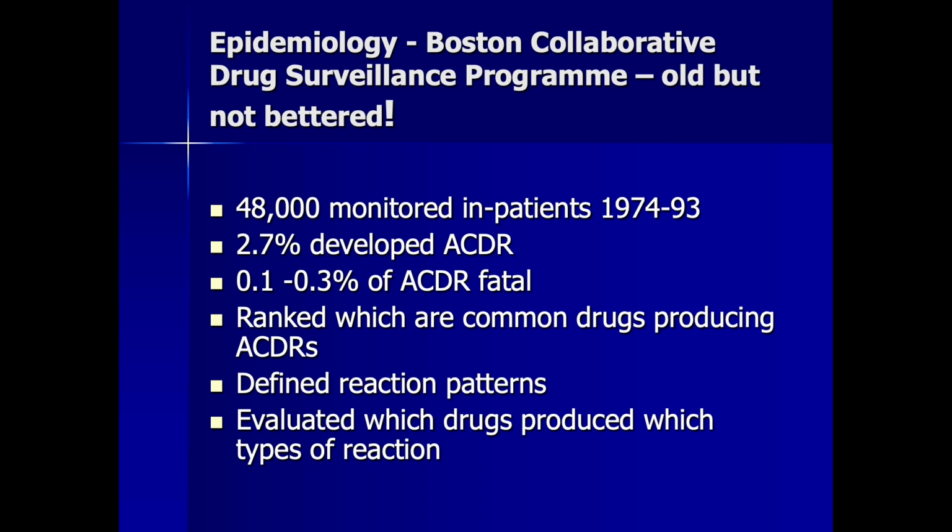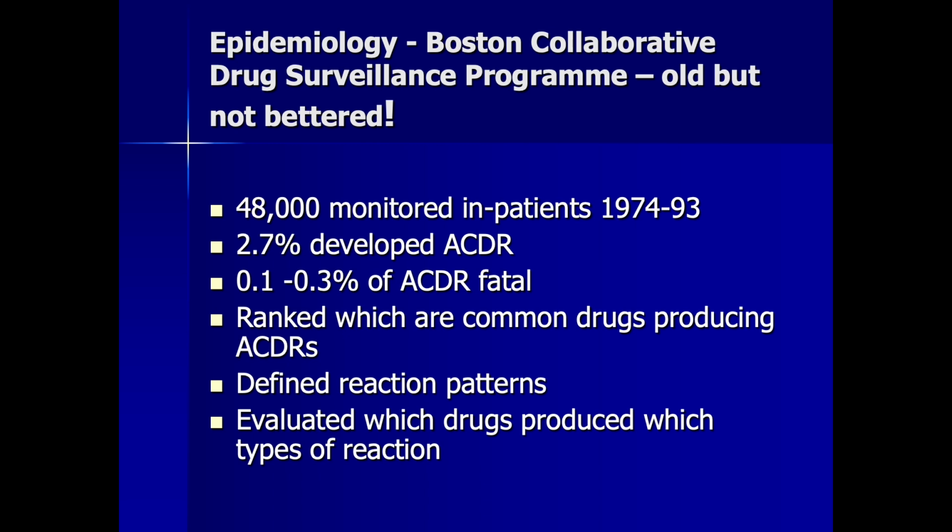They found the following results. 2.7% of people who were admitted to hospital developed an acute cutaneous drug reaction, and 0.1 to 0.3 of these were fatalities. So they died of their cutaneous drug reaction. They were able to rank which drugs tended to produce what kind of reaction. So which drugs were commonly implicated, what type of reactions did that particular drug produce, and they gave us very,